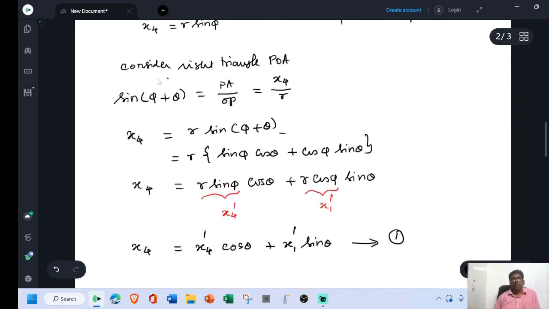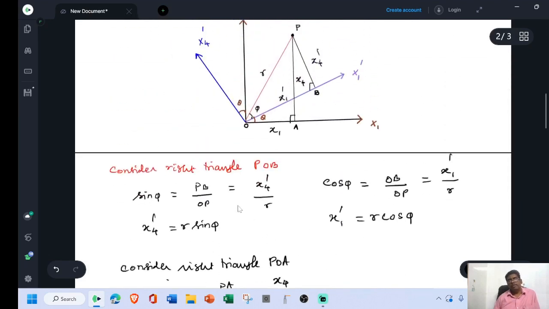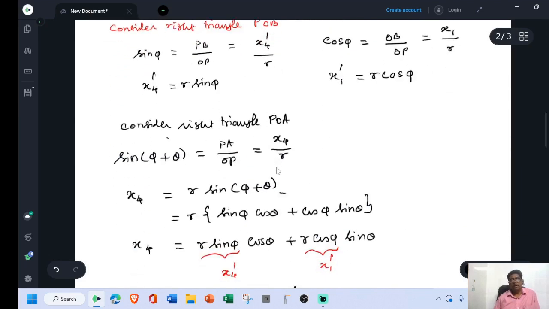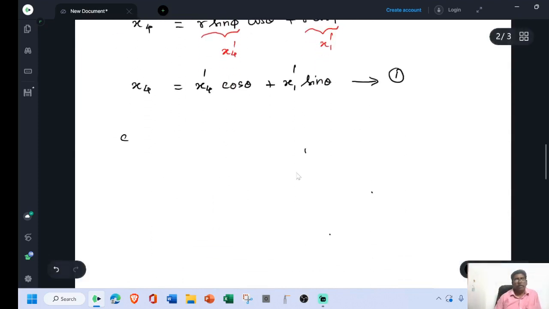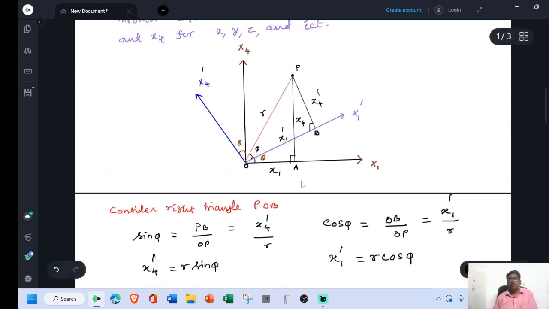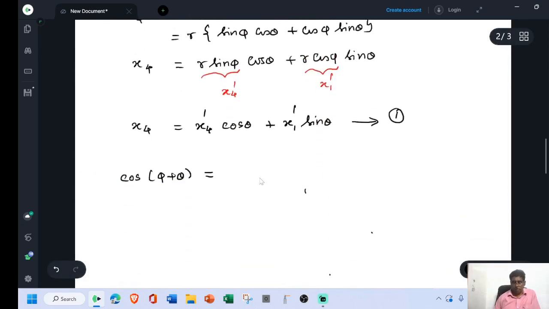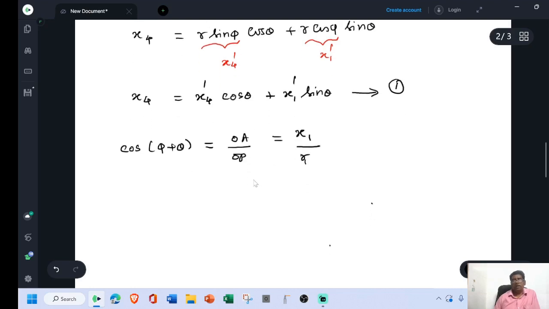Now from the triangle POA, find the value of cos pi plus theta. Cos pi plus theta is adjacent side by hypotenuse, OA divided by OP. OA is our x1, OP is our R. Therefore,